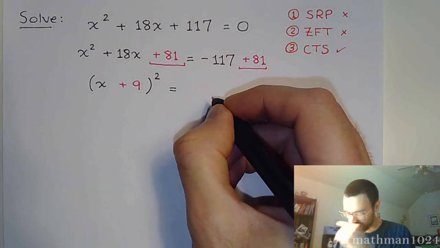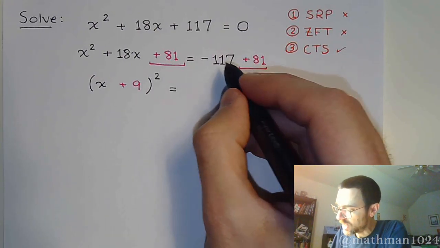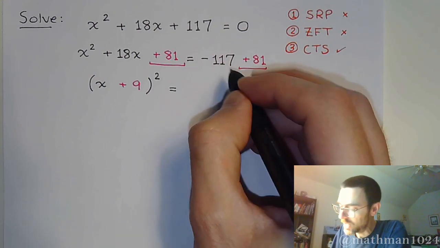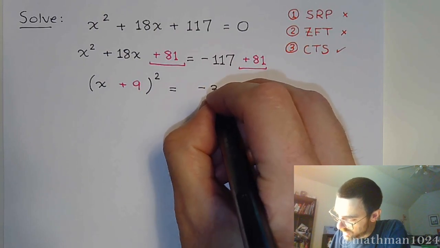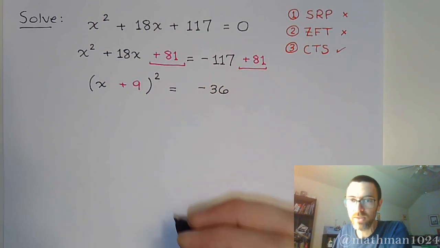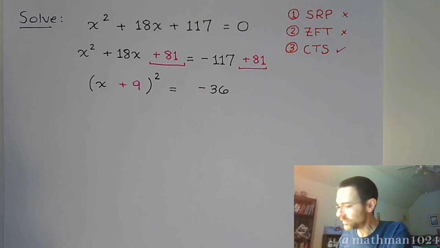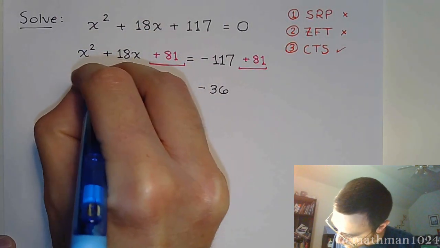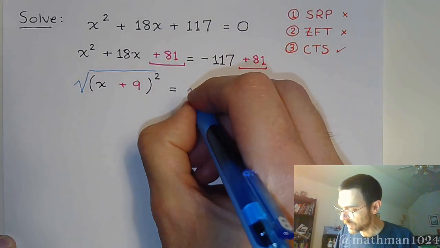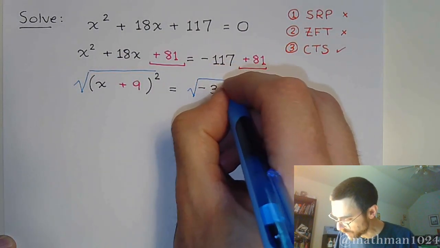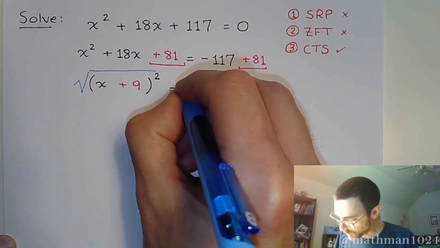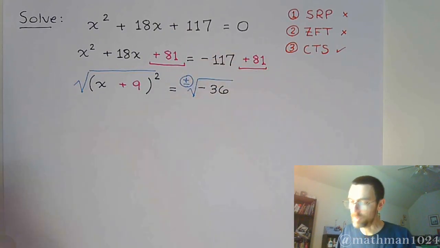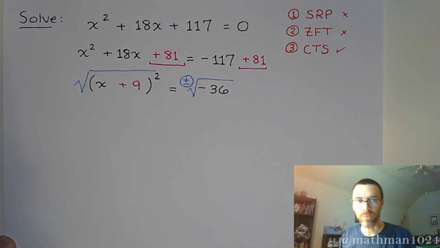All right, so the left side factors, and on the right side, negative 117 plus 81 is negative 36. And now we've set this up, we have finished completing the square, and the reason we complete the square is so that we can use the square root property like this. Take the square root of both sides, remember your plus or minus,